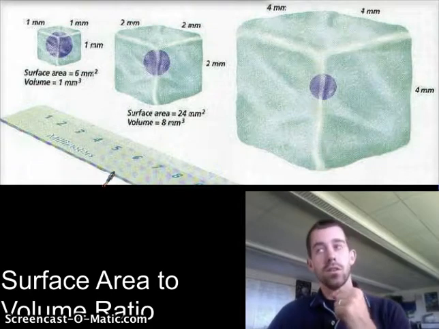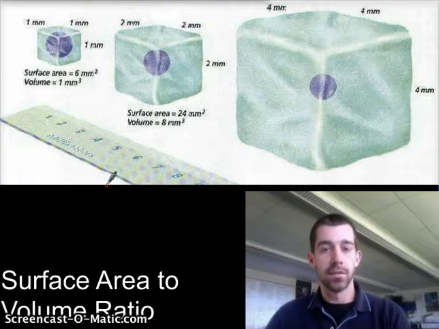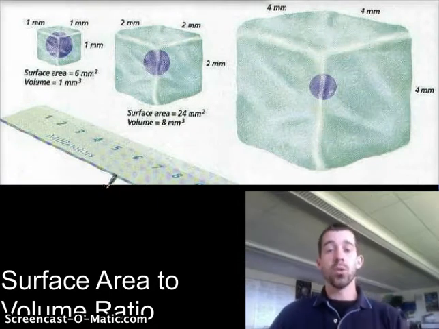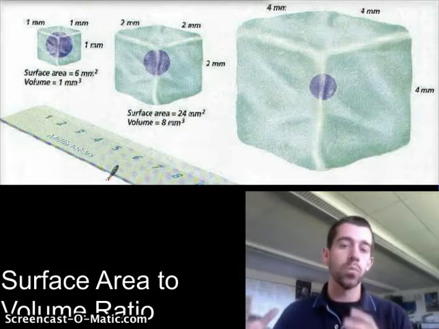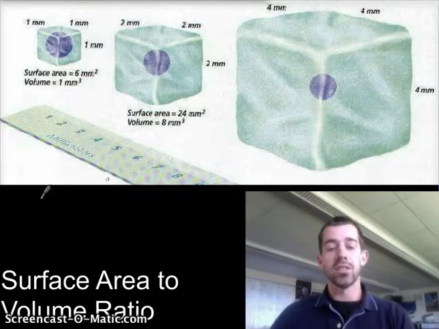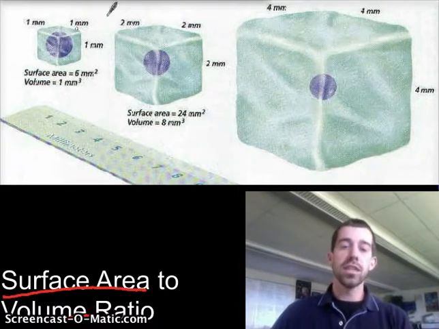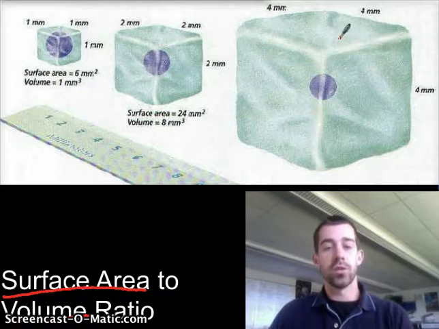And this is actually what keeps cells from being really big. If you've ever wondered why cells are so small, it's because at some certain point it becomes impossible for a cell to live, because it's just too big. And this is all based on an idea called the surface area to volume ratio. And so if you look at these three cells right here, to calculate the surface area to volume ratio, you